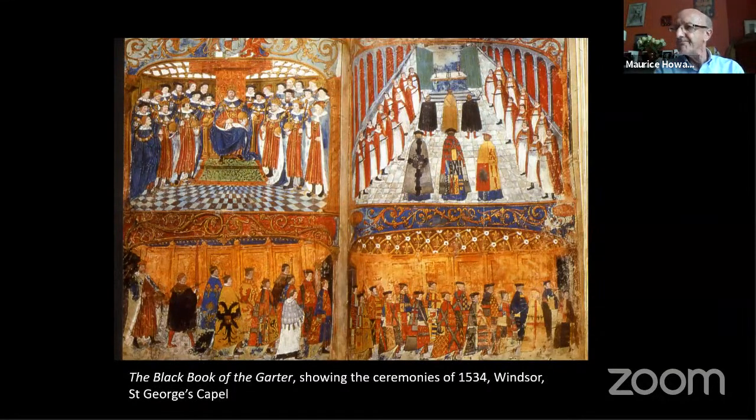Garter. An observer at Greenwich in 1531 describes the great hall as full of people waiting for the king to go to mass. And then there was a slow formal procession with a key nobleman bearing the sword of state in front of the king. And this was an opportunity as the king moved through various spaces for people to catch his eye to present